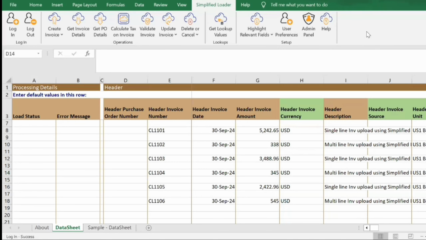Using the Simplified Loader Excel templates, users can load one or multiple records into Oracle Fusion Cloud. The records that the user wants to transact on must be entered into the data sheet. All operations available in the Simplified Loader toolbar support loading either all the records from the DataSheet or a limited selection